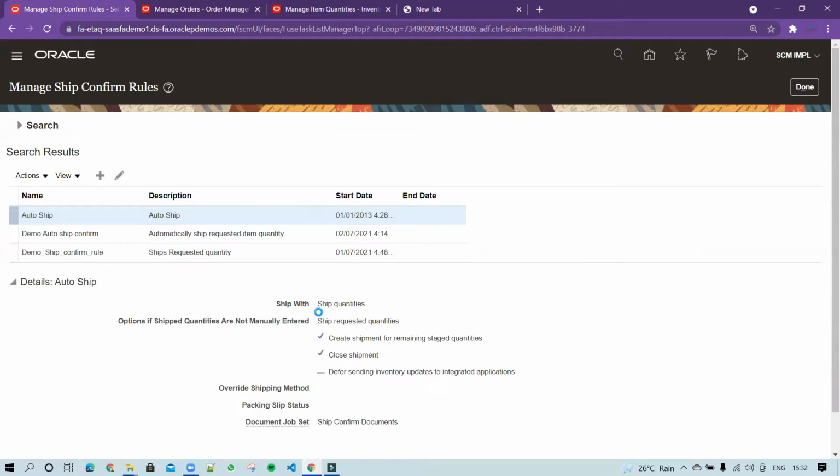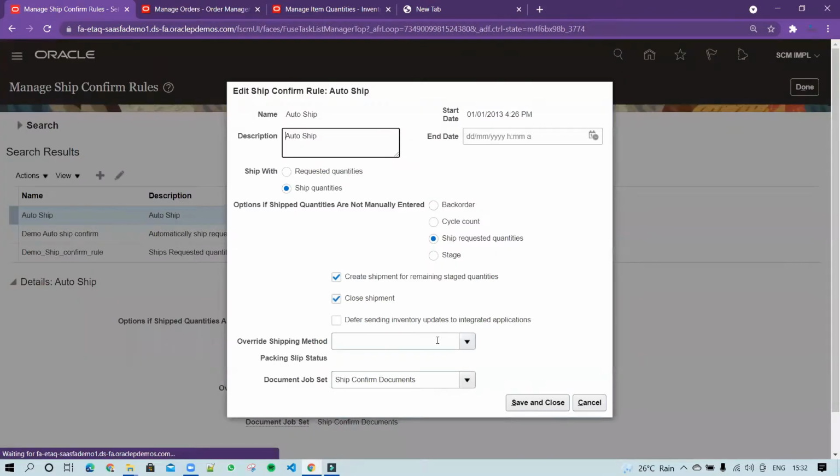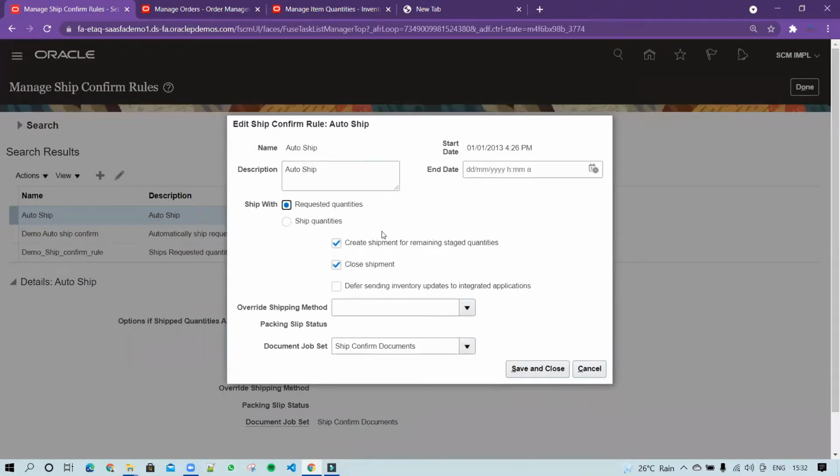So you can see that ship with ship quantity, then the option: if shipped quantities are not manually entered, ship requested quantities. So you can see that the auto ship is our rule name. And then we have enabled the flag based on ship quantity. If you are using the quick ship, you can enable the requested quantities. So the user doesn't need to enter the shipped quantity manually one by one at the shipment UI